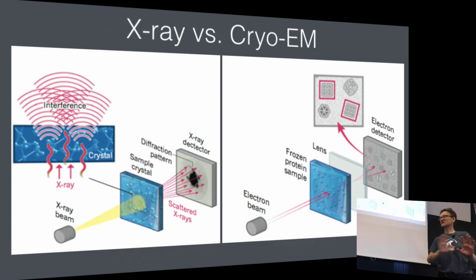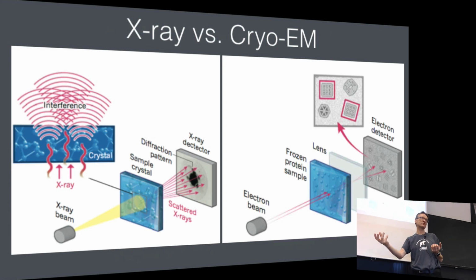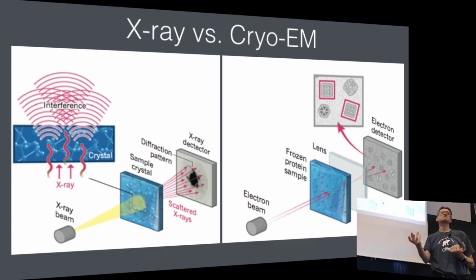I don't think I'm going to cover it that much, but it's an example of how modern experiments would not be possible without computers. And you can imagine the amount of physics and math that have gone into these reconstruction algorithms. So modern biophysics is in many ways more computational and mathematical than it is experimental.